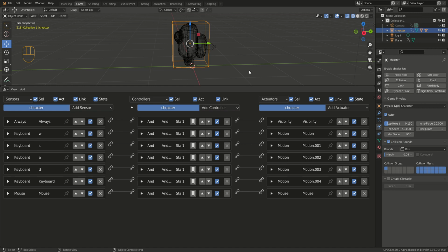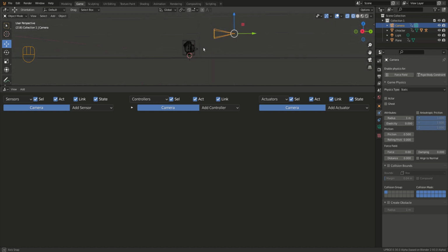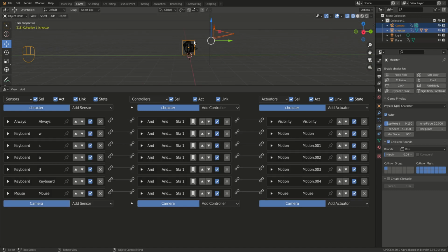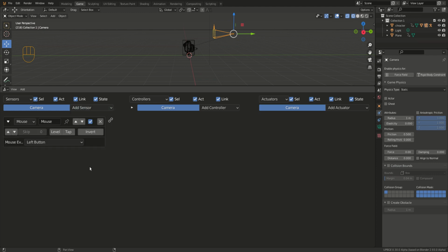We're going to set that up at the moment, and again this is the same as we did in the last tutorial, so I'm not going to spend a lot of time on this. I'm going to unhide my camera here. There's my camera. You can see I have already put it into place. I need to parent it to the cube, so that's shift and select the cube second, then control P, parent to object, and then I need to go into my camera alone, and I need to use mouse,